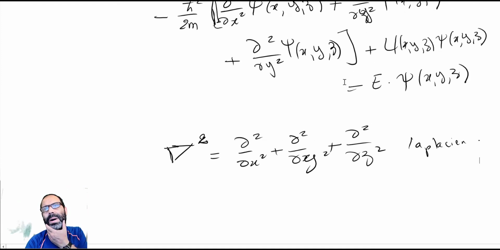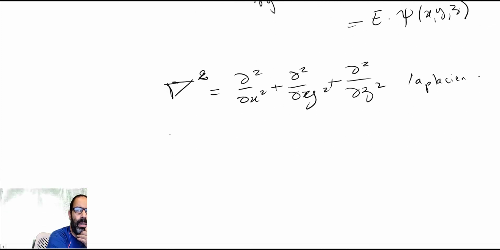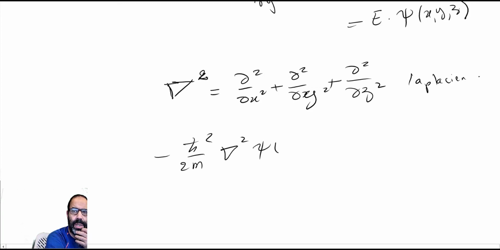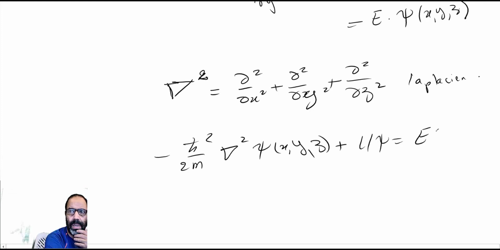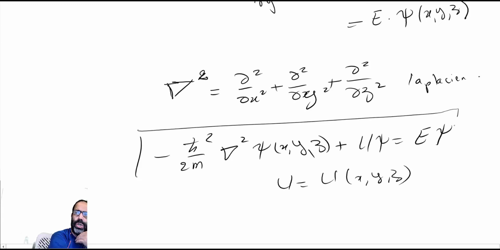So you can actually symbolically write it as simply the operator minus h bar squared over 2m, this operator operating on x, y, and z, plus u psi is equal to E psi, where u, of course, in here is taken the potential that is dependent on the three variables x, y, and z, and so is psi, by the way. So this is actually Schrodinger's equation now in space,